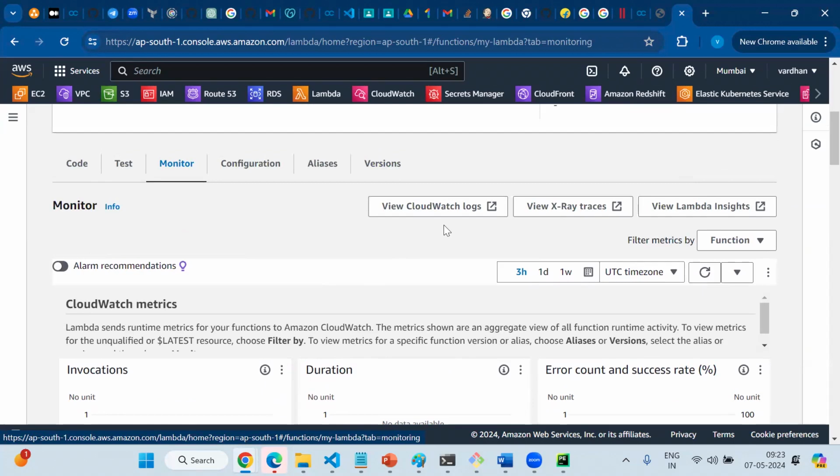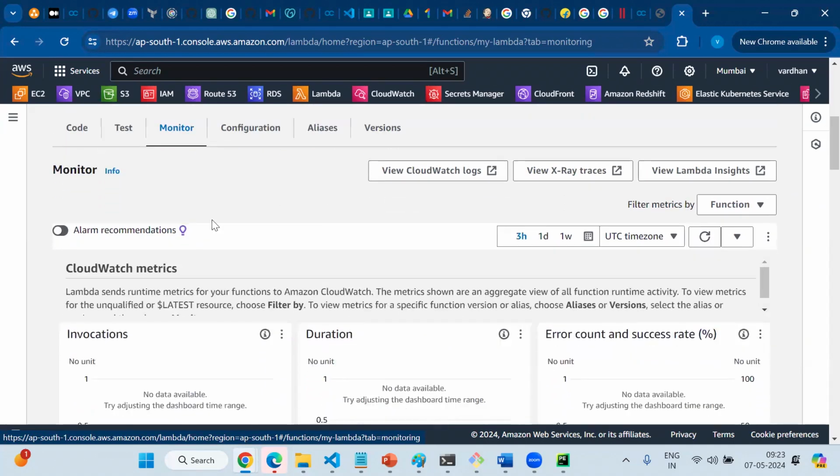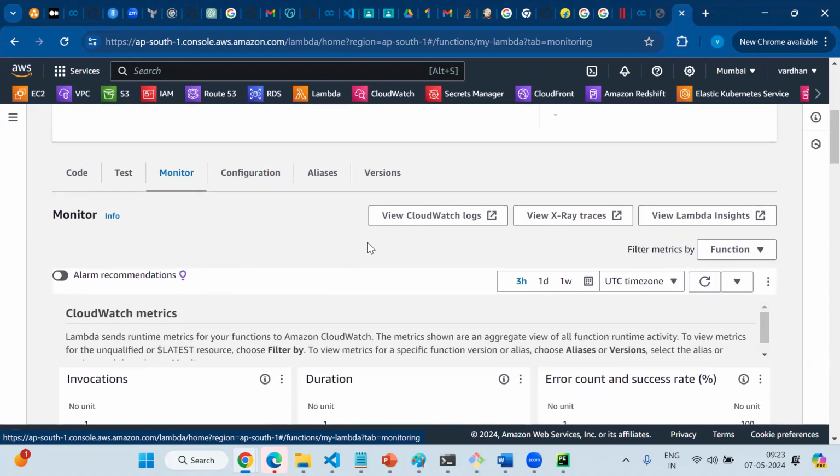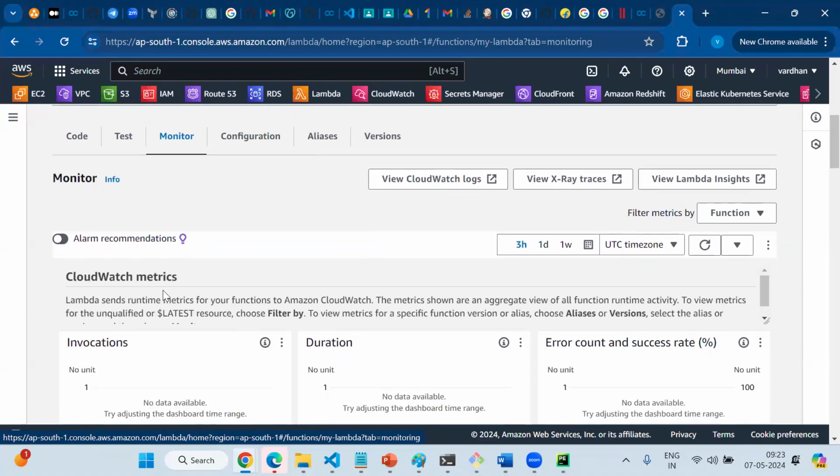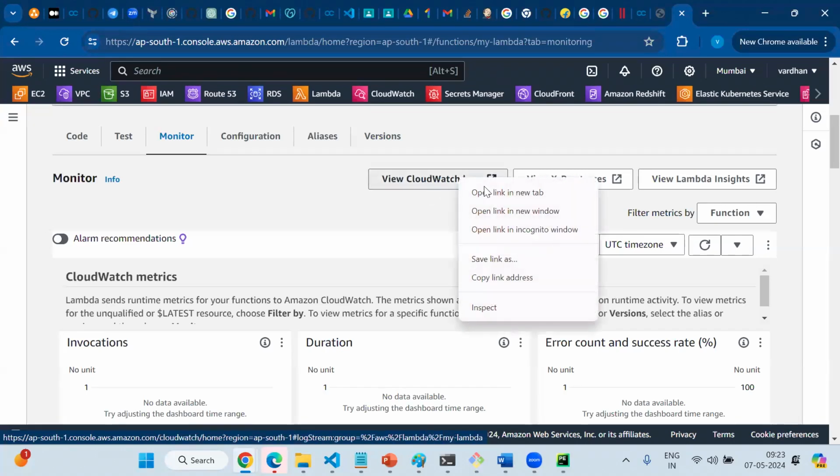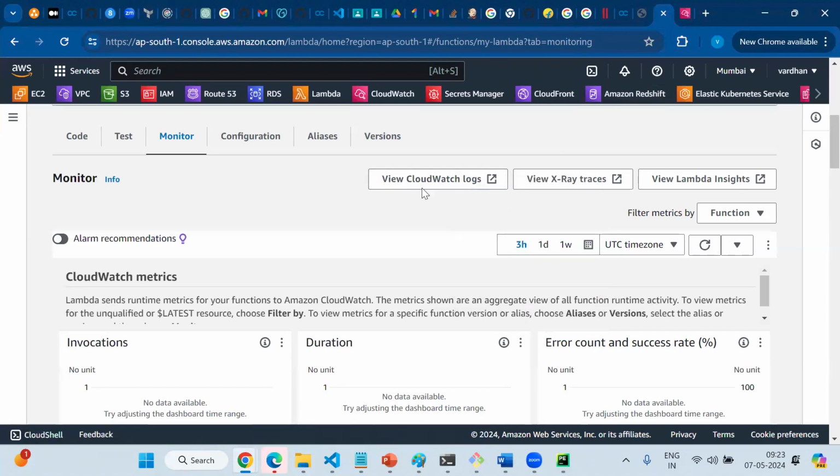Here we need to understand two monitoring systems: one is for metrics, one is for logs. Metrics show your Lambda invocations, when it was invoked, how much RAM and CPU it consumes, but not what is inside the application. If you go to the CloudWatch logs, we can see when your application started and the reason your application failed. Everything we can see. So if I click on this CloudWatch logs,